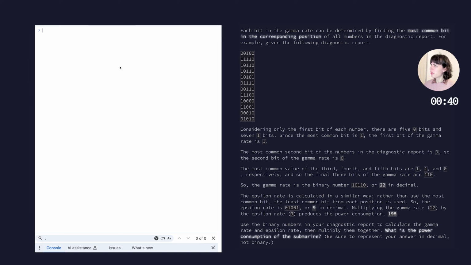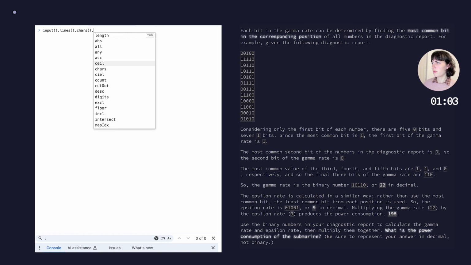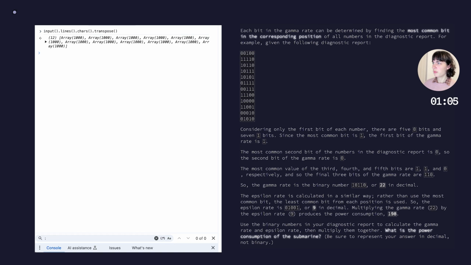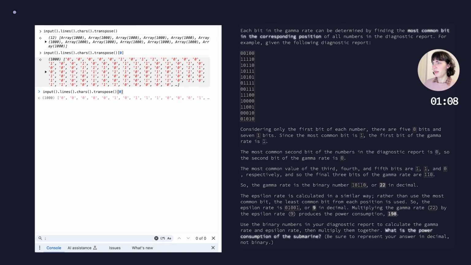Right, so we've got the most common bit in every position. Okay, fine. Okay, now we want to map over that and get the